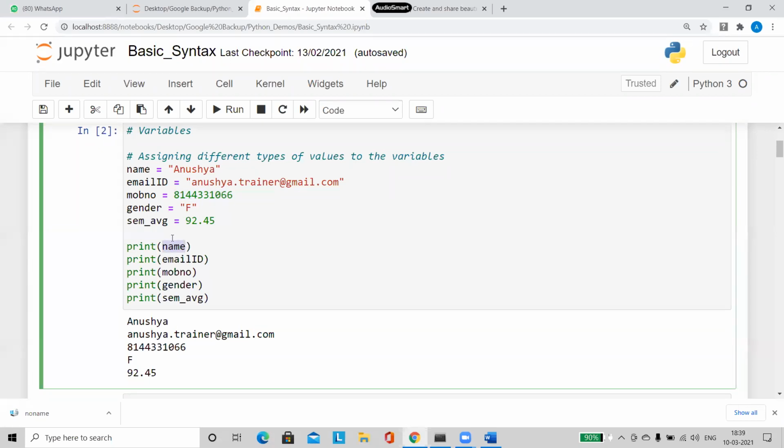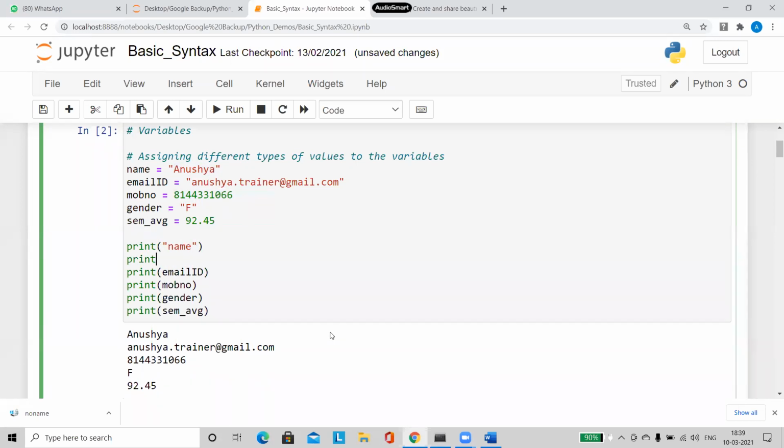When I give the variable name like this, it will print the value stored in that variable. There is a big difference between giving it like this and giving it like that, so don't make this mistake.